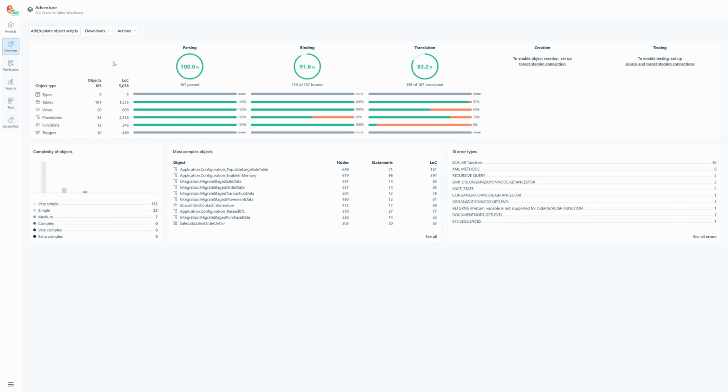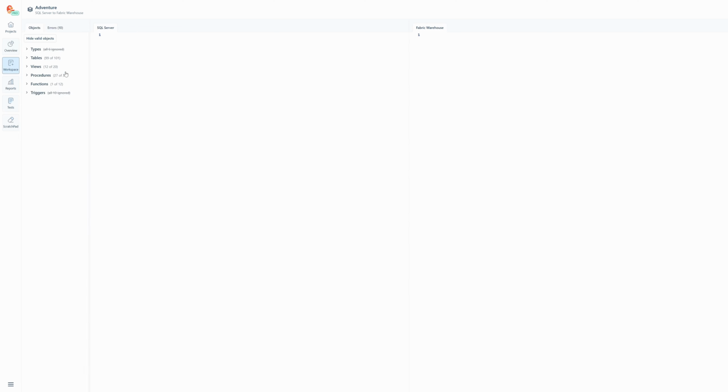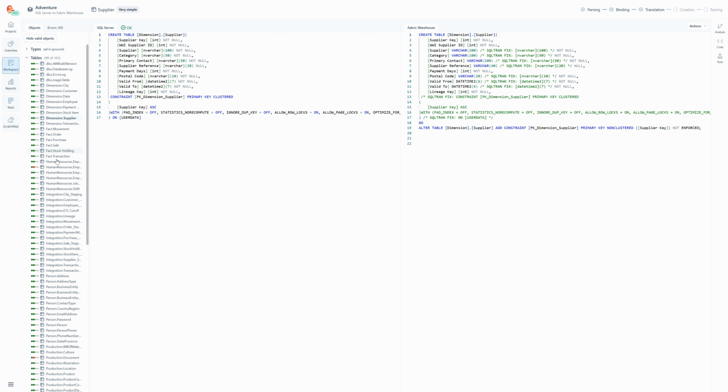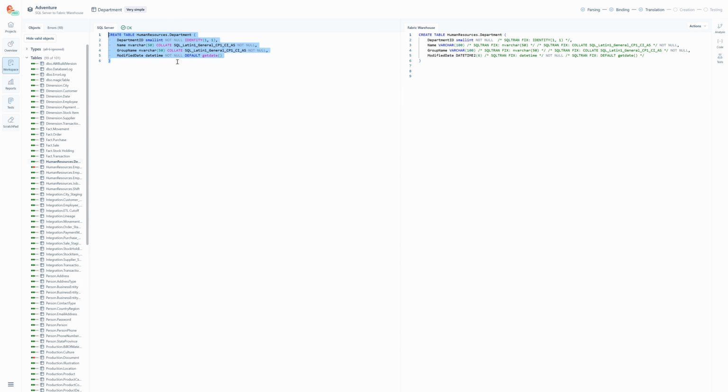Okay, now the second part is the downloads. So I can download two different things here. One is commented staging script or production script. So what is the difference? If you go, for example, into just a list of tables here, on the left side, we see the original. On the right side, we have